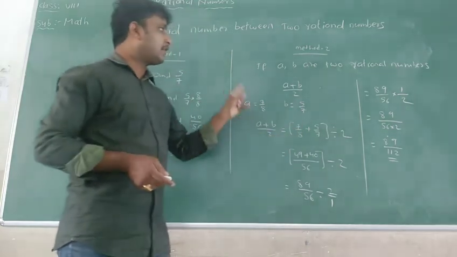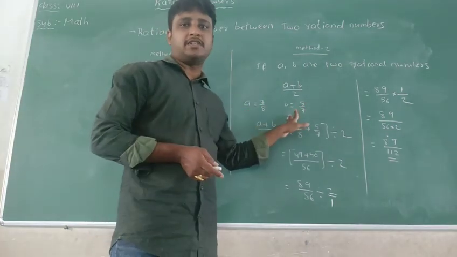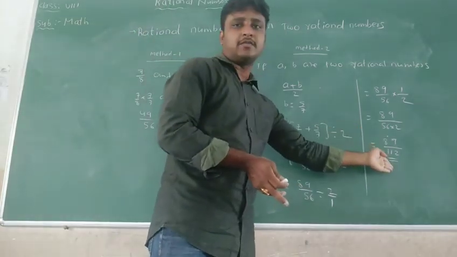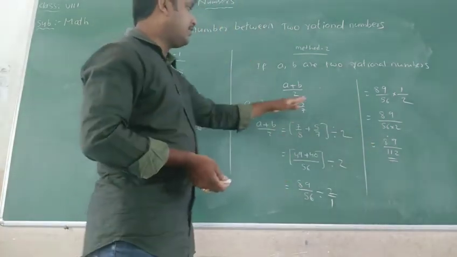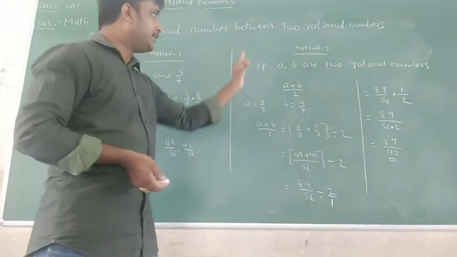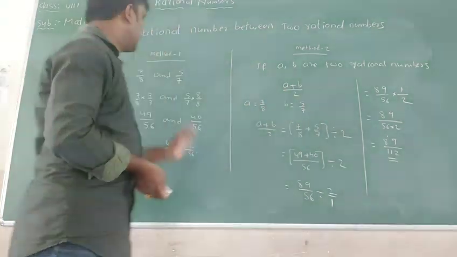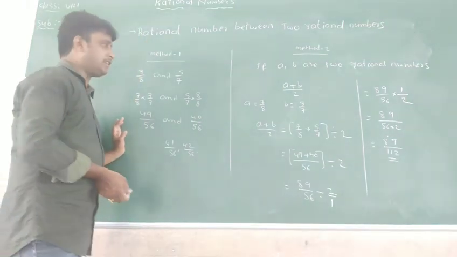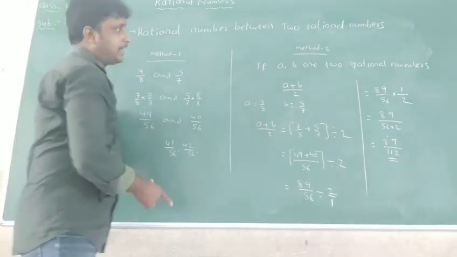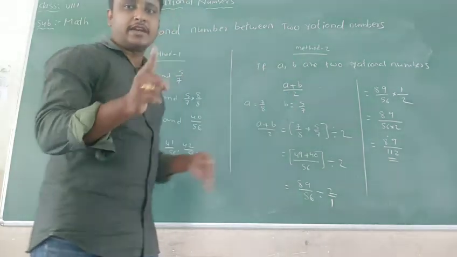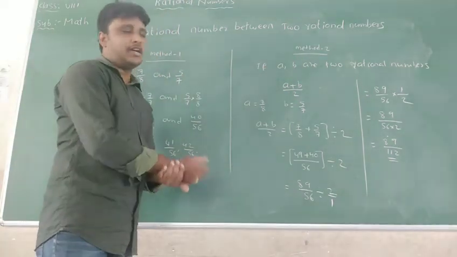So this is your rational number between 7 by 8 and 5 by 7. And remember one point, between any two rational numbers we have infinitely many rational numbers. So it may be any one of the rational numbers between 7 by 8 and 5 by 7. This is the new way to find a rational number between any two rational numbers. This is the traditional way. I think you know very well from previous classes how it is done. And in this 8th class we are going to discuss (a plus b) by 2 to find one rational number between two given rational numbers.